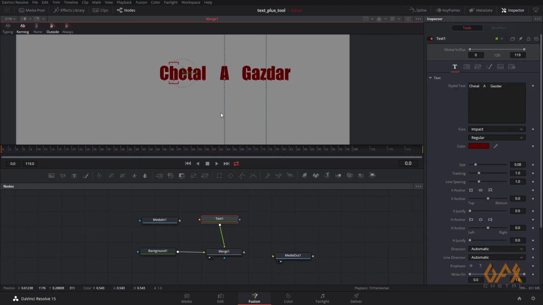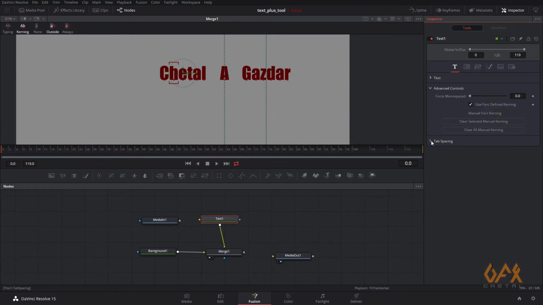Okay, and you can see here you get one line. So now I go to tab spacing, and here is your first tab, and on the first tab I have this word, that is A. So you can change the position of that particular word. Now I set it to 2, and you can change like this.